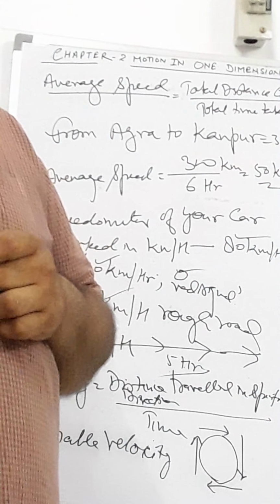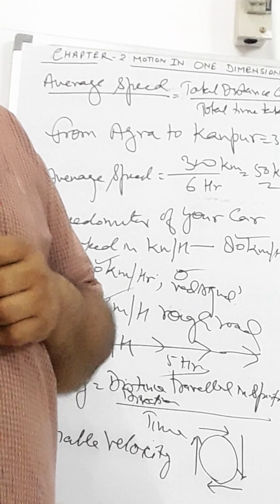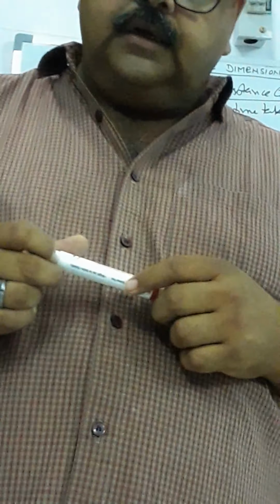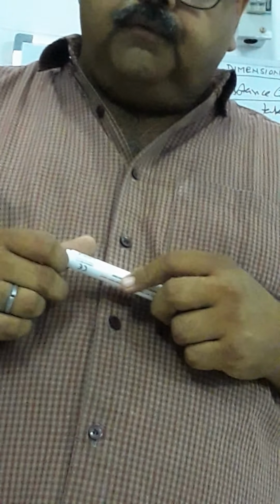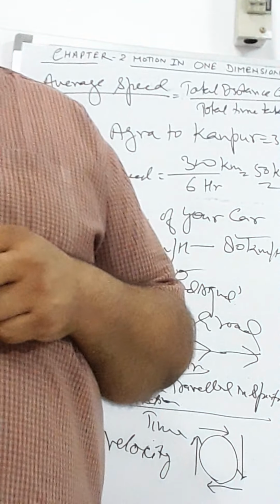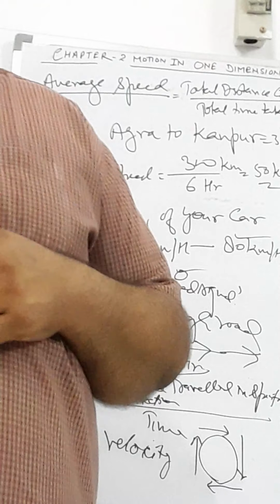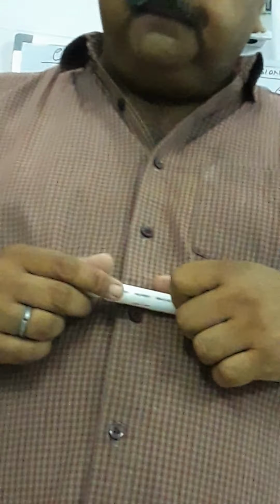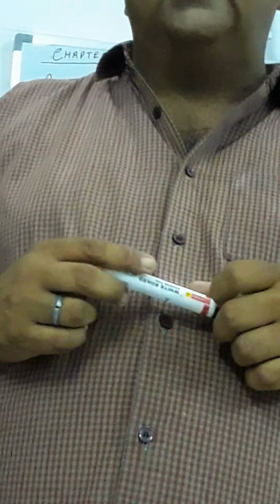Average velocity. After this, we can come to instantaneous velocity. If a body is moving with variable velocity, the velocity of the body at any instant is called instantaneous velocity. It is measured by finding the ratio of distance travelled in a sufficiently small time interval. It is important to have the time small enough. Average velocity is total displacement upon total time taken.